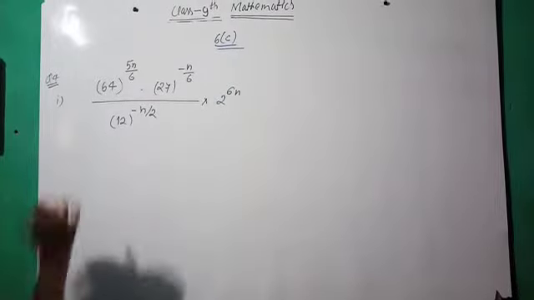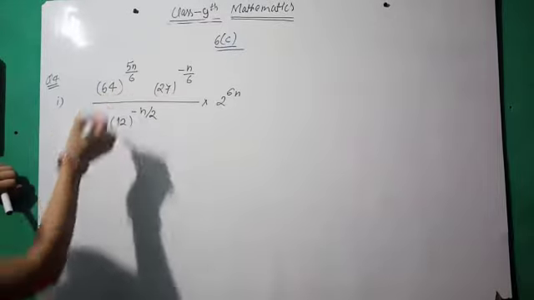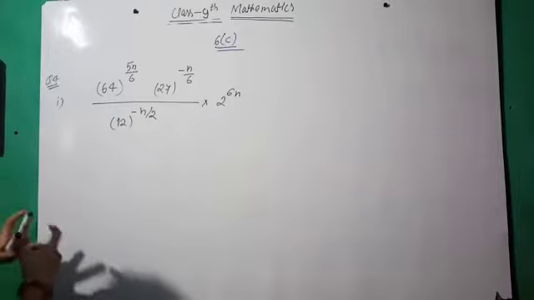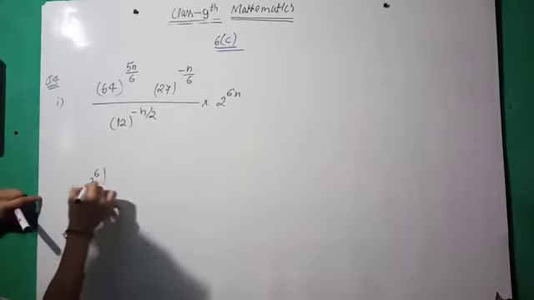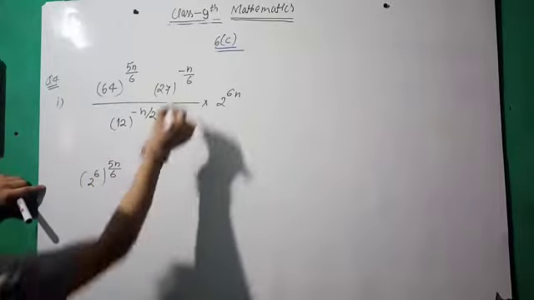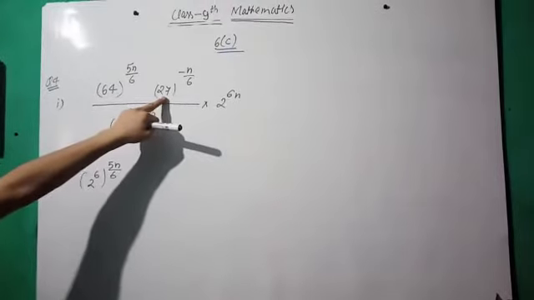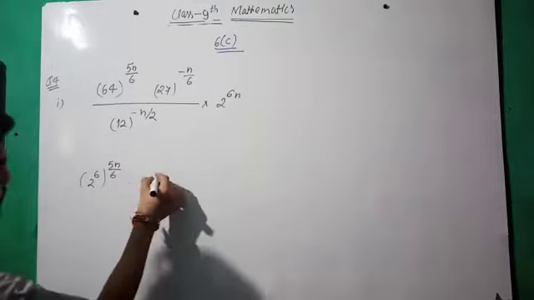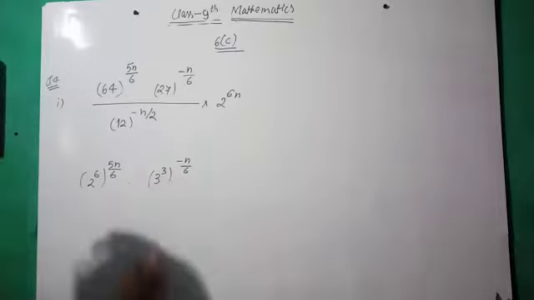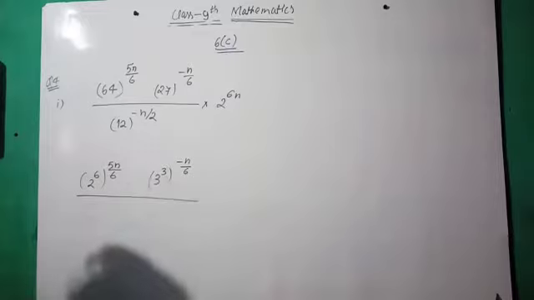64 to the power 1 by 6th power. So we have to convert this into 2 to the power 6, because 2 to the power 6 is 64. So we have (2 to the power 6) to the power 5n upon 6. Then we have 9, 3 to the power 3. So we can convert 3 to the power 3 and whole power minus n by 6, because 3 3 is 9, 3 is 27. Then further we have 12.